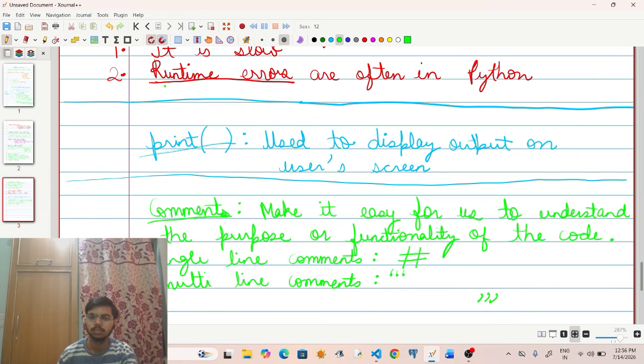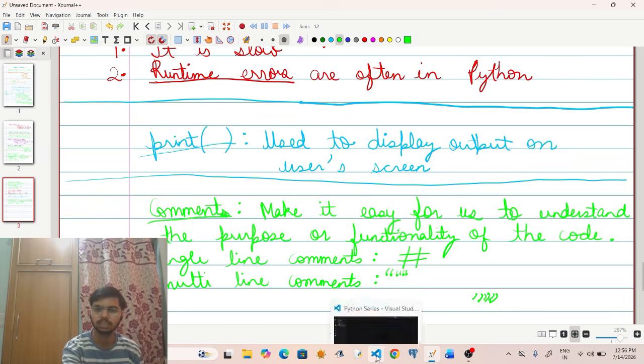Now there can be single inverted commas or double inverted commas. Both of them are accepted in Python.